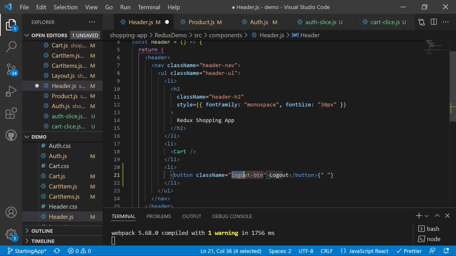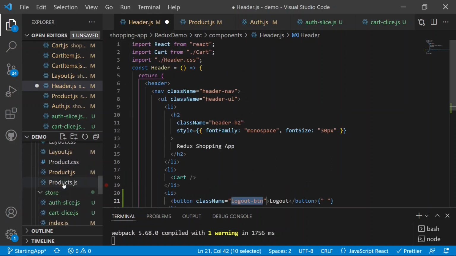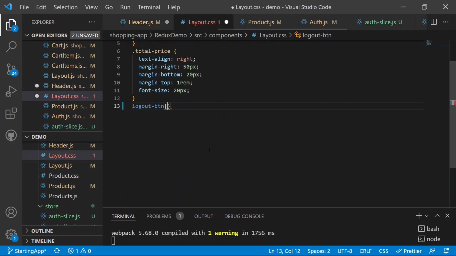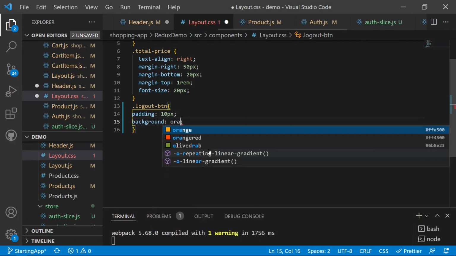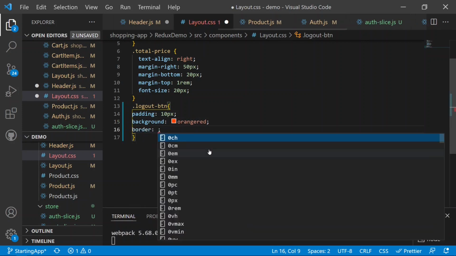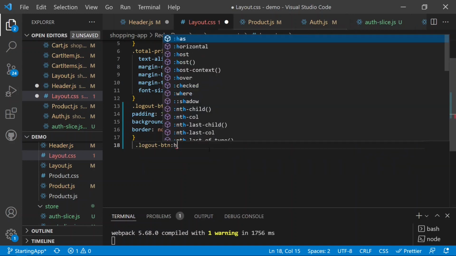So we need to style the class name also, and then we need to go to the CSS, layout.css. We can give it the logout button class name, and then provide the padding of 10 pixels. We can also provide the background, so the background will be orange, and then the border will be equal to none. Now if I provide the logout button hover,